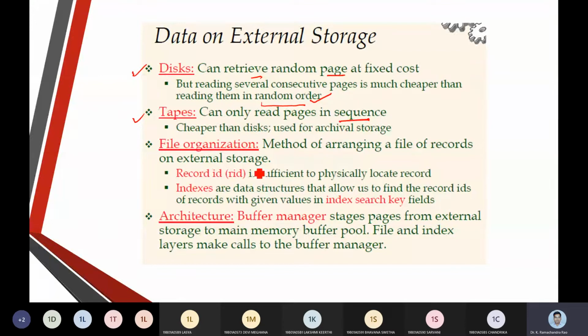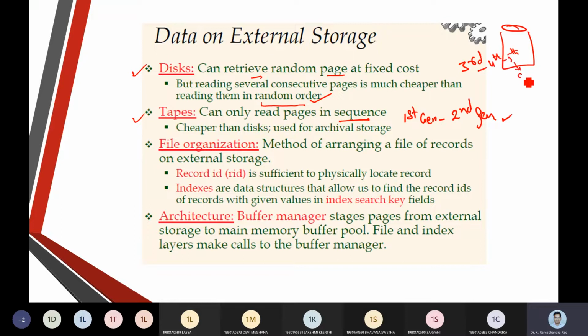Next comes the file organization. Tapes were used from the first and second generation computers, and disks, which are the secondary storage devices, came from the third, fourth and fifth generation.